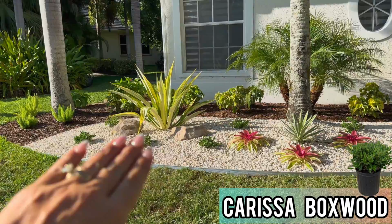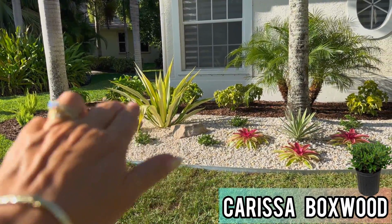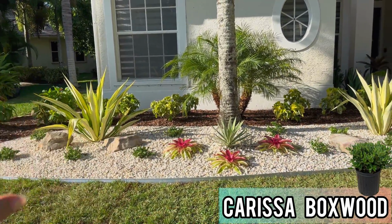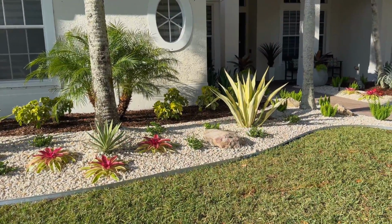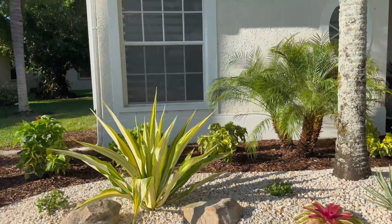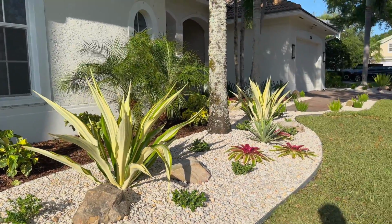So I just kind of have them in key little areas around the boulders, and I'd love to let them grow right to the boulders, and then we'll keep the boulders trimmed. So that way you've got that little blotch of green that really softens the stone. Now, I personally like the way stone and mulch look together. I love the curves, and I'll let you see if I can get a better